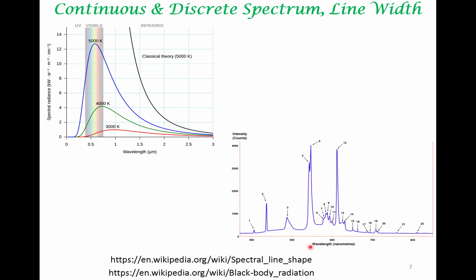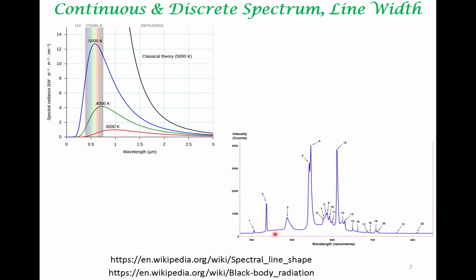Okay, you may have just lines wherein there is an intensity increase, and there is no intensity elsewhere. There is a particular wavelength where there's a lot of intensity, and the intensity goes down. But typically, instead of having a line, there is a width, okay? There is a spreading around a particular line.